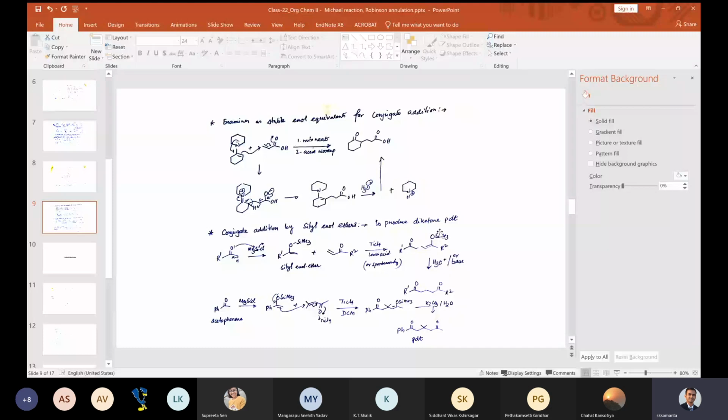After hydrolysis, the enol ether will be deprotected and you get this kind of ketone. So you get the diketone. This is the mechanism. TiCl4 coordinates with this oxygen. This double bond becomes highly activated. This lone pair comes back. This double bond attacks, so that you get this one. Hydrolysis will lead to this product.